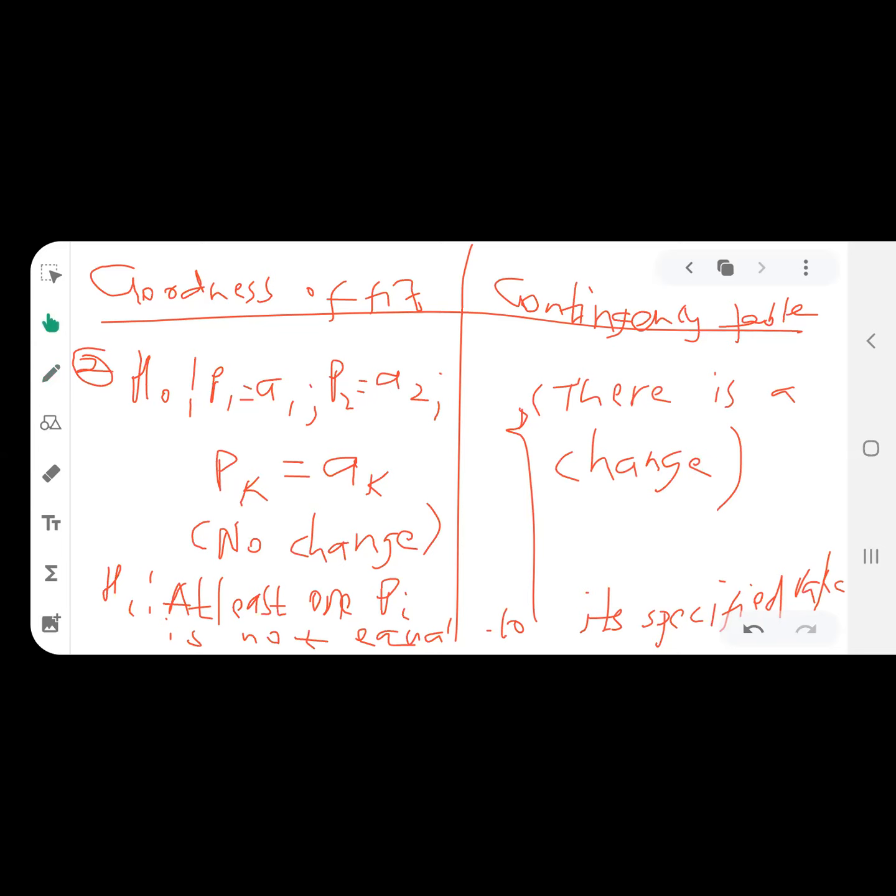Another thing that I have to clarify here is that this P1 equals A1. They are just the numbers that you know. So you will be given different proportions. So if, say for instance, your proportion number 1 is 50%, you will say P1 equals, where you see A1. This A1, A2, AK denotes the percentages or the proportions or the probabilities. You will write the numbers here. So if proportion number 1 equals 50%, you will write 0.5 instead of A1. You will say P1 equals 0.5. If proportion number 2 equals,